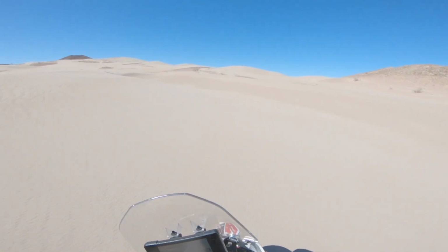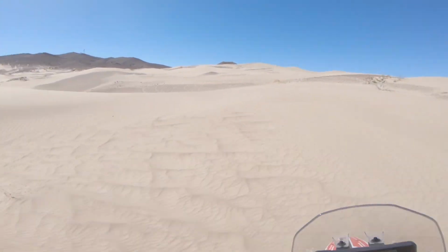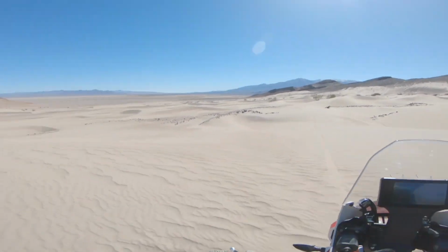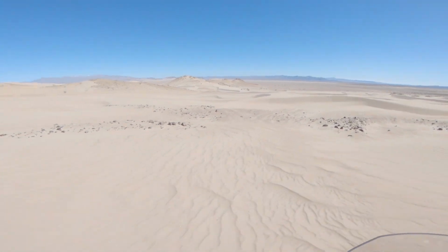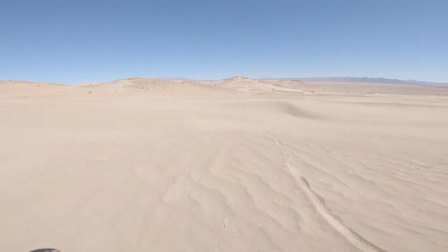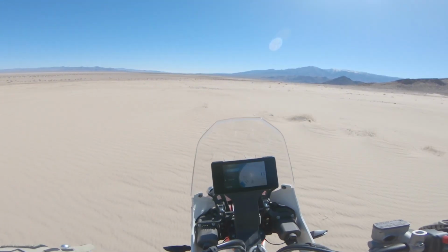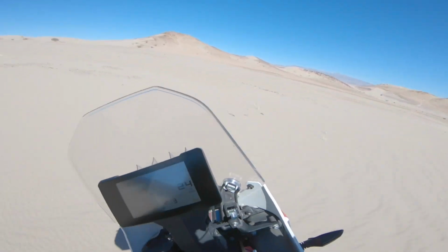Another thing I'll mention is that the colorway, the livery that you guys saw in the intro, is not the stock livery that will be on the bike new from the manufacturer. This is a sort of Dakar inspired livery for this bike. The brakes are real nice, and the suspension, let's see if I can find some jumps. But look at it, just